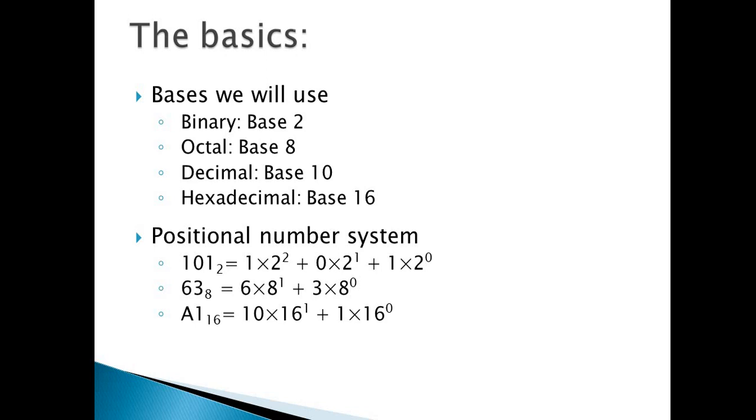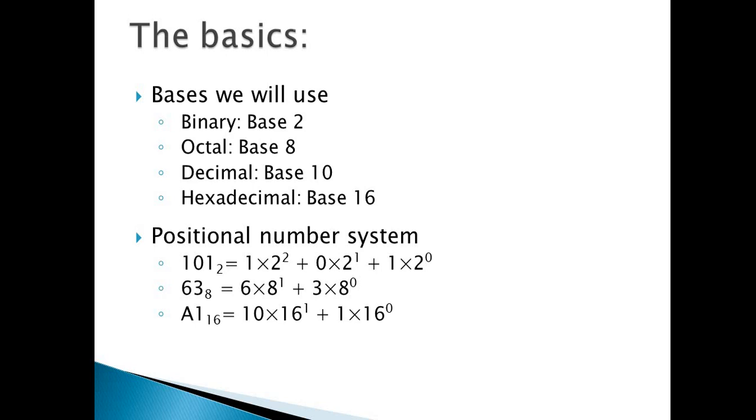Binary number system has its base 2. As its name suggests, bi means 2, so it has base 2. It consists of only two numbers, that is 0 and 1. Any number system consisting of only zeros and ones will be a binary number system, and its base will be 2. Octal number system, as its name suggests, oct means 8.